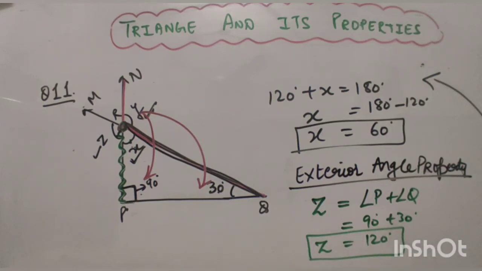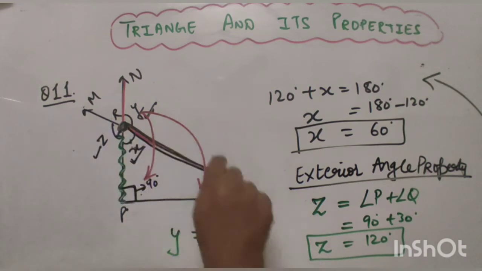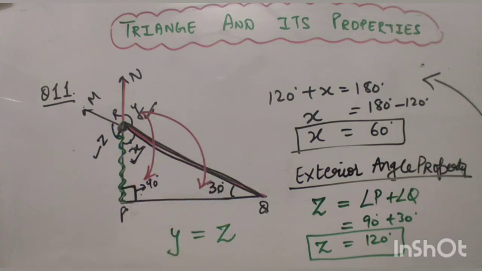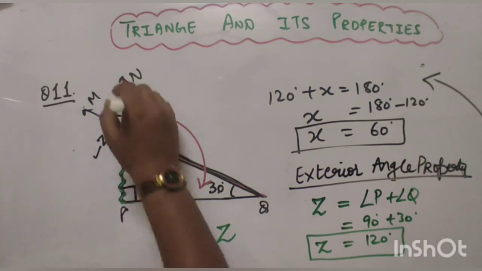Right, children? A very interesting thing that you can observe here is that the value of Y is equal to the value of Z. So can we apply any other concept here if I do not want to apply the exterior angle property to find the value of Z? If you carefully observe your figure, you will be able to find one more relationship between Y and Z that we have learned in the chapter on parallel lines. Just look at the figure carefully.